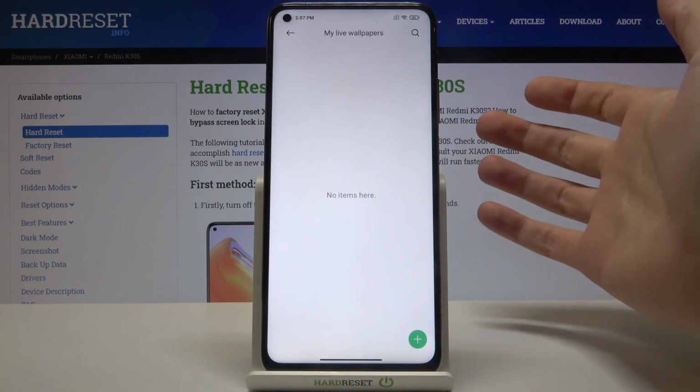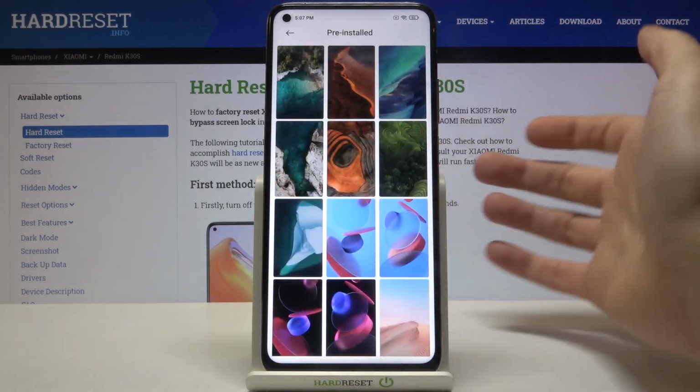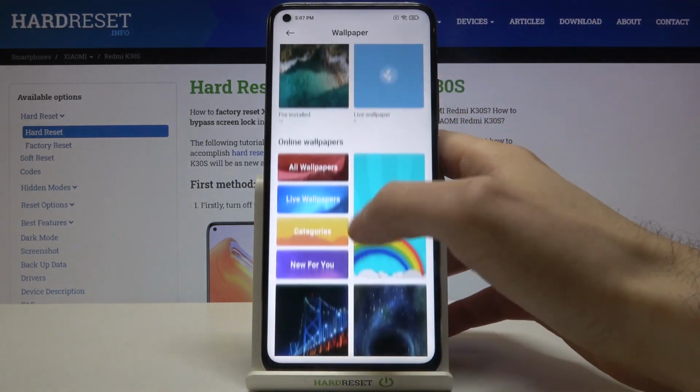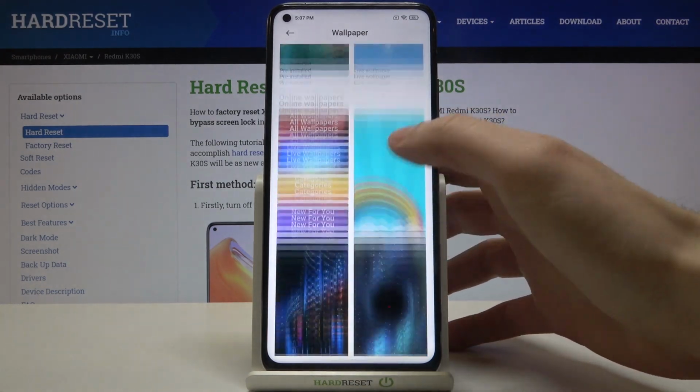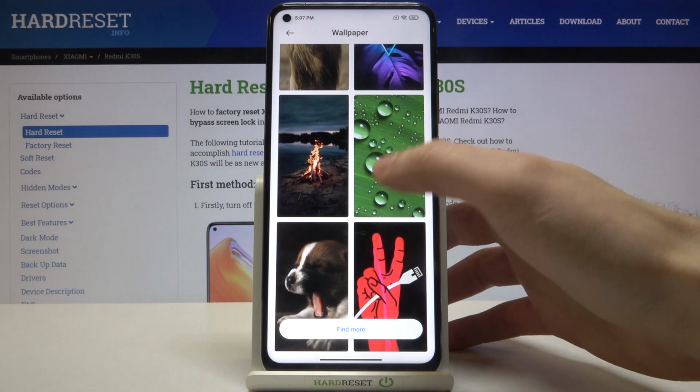You can set yourself live wallpapers if you have one. You can select one of the pre-installed wallpapers here. You can also access some of the online wallpapers in the wallpaper store if you are connected to the internet,